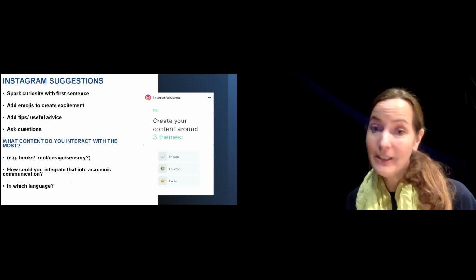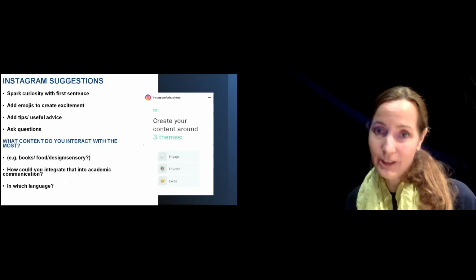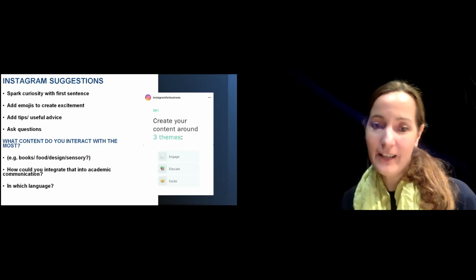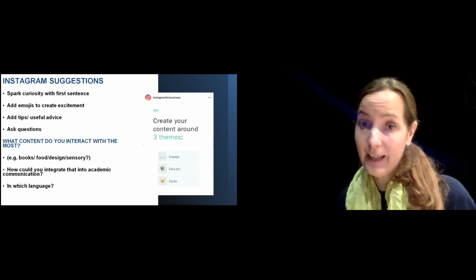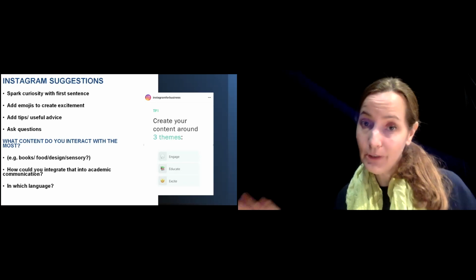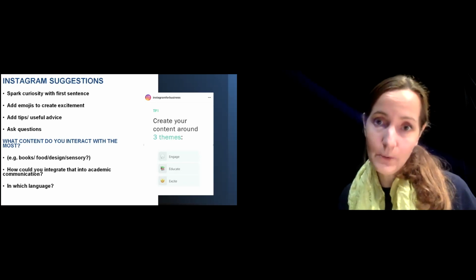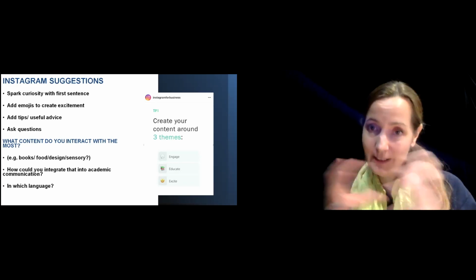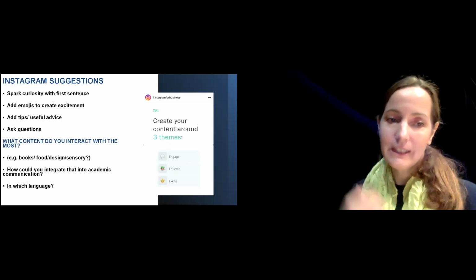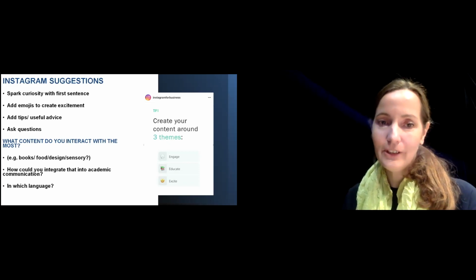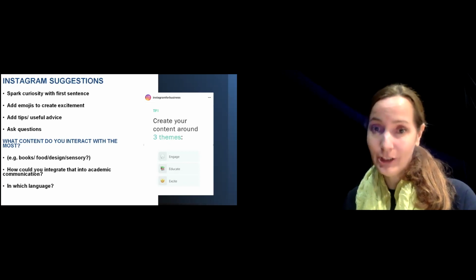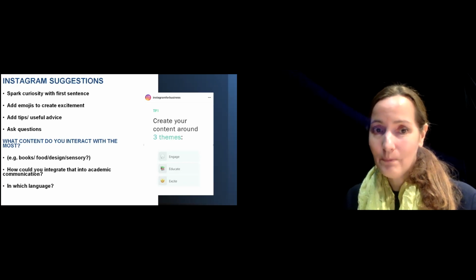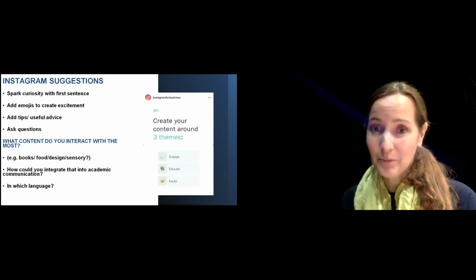And the other thing that you just mentioned earlier is language. Think about the languages. If you're going to a different country, at the Factum conference, a couple of people posted in Italian. And suddenly you open up to a whole new field of academics who normally wouldn't find you because they just speak Italian, or they talk to each other in this little group of people in Italian. So think about the different ways that you can create content that is fun and engaging and exciting and helpful to others. Those are really suggestions from Instagram for a good reason, because they really work.